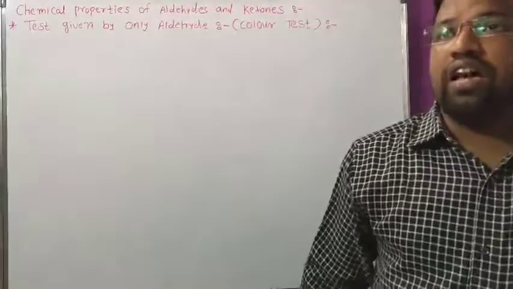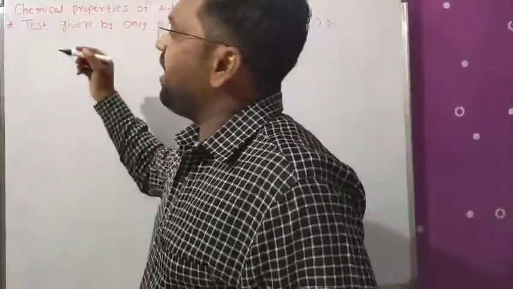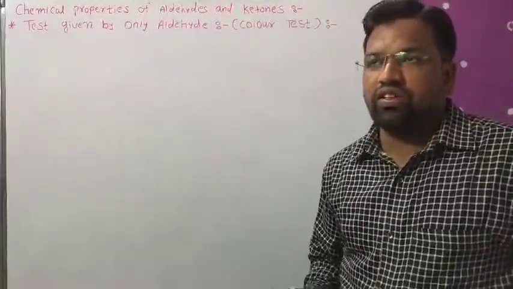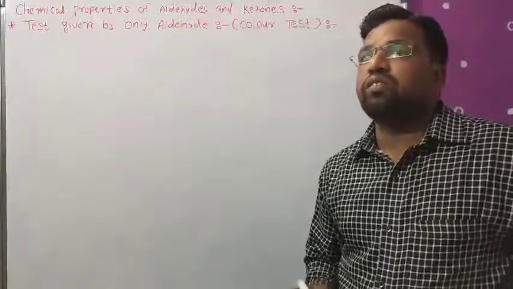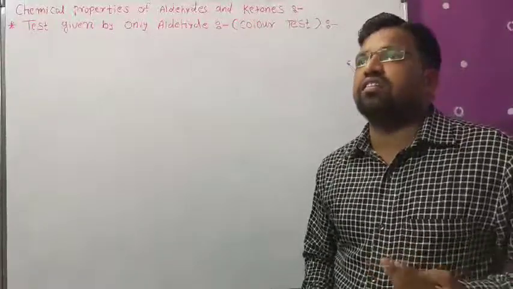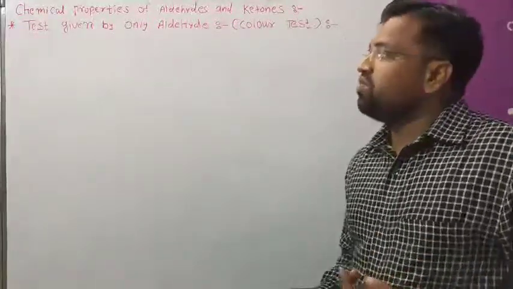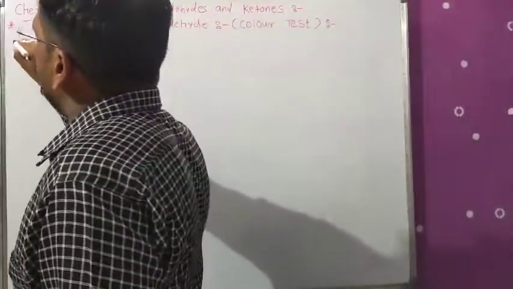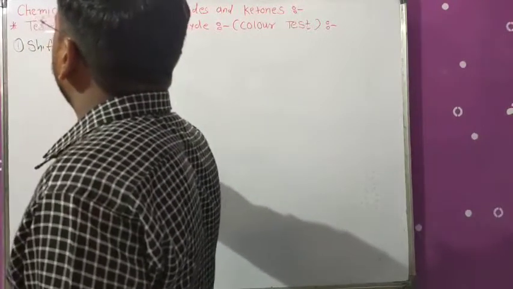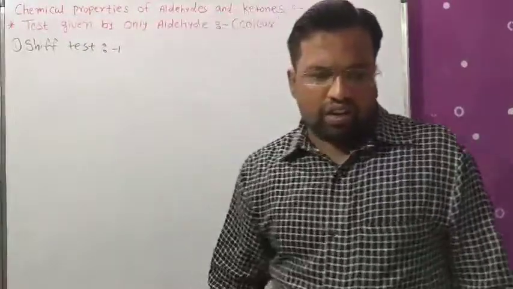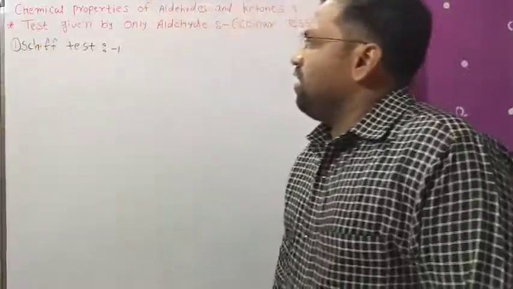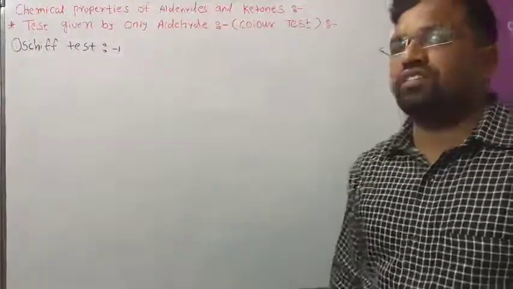Now in the laboratory test, the first test for the aldehyde, or the question will be asked, give the two or three color tests for the aldehyde, in which the first test is the Schiff test, second is the Tollens test, and third is the Fehling solution test. Okay, in which we see the first point, the Schiff test. In the Schiff test, firstly we see the Schiff reagent.